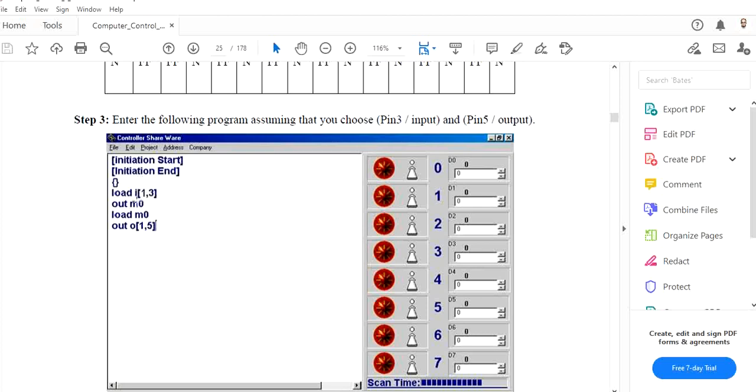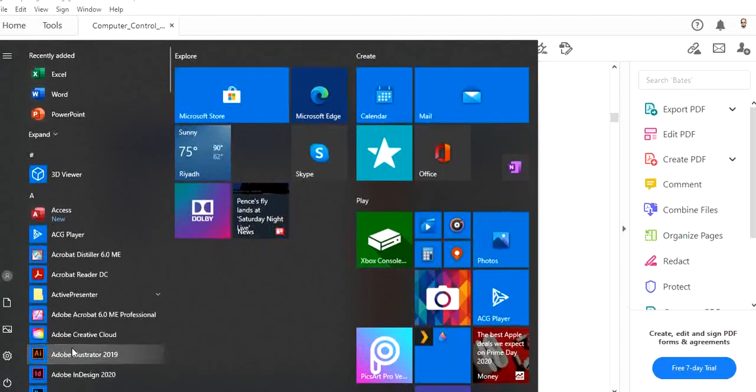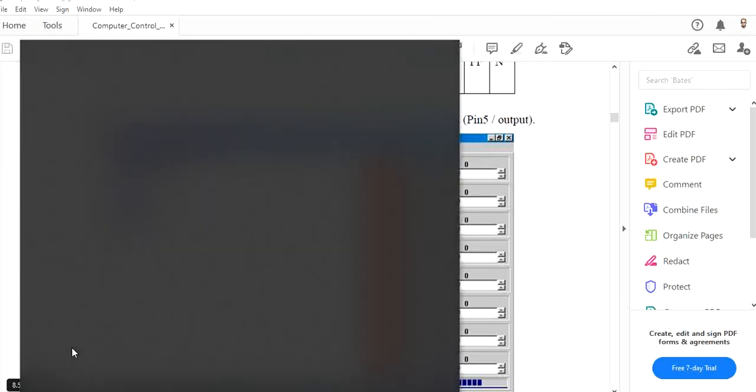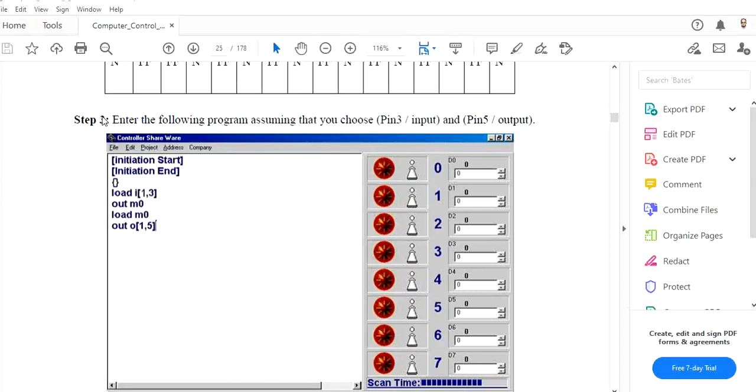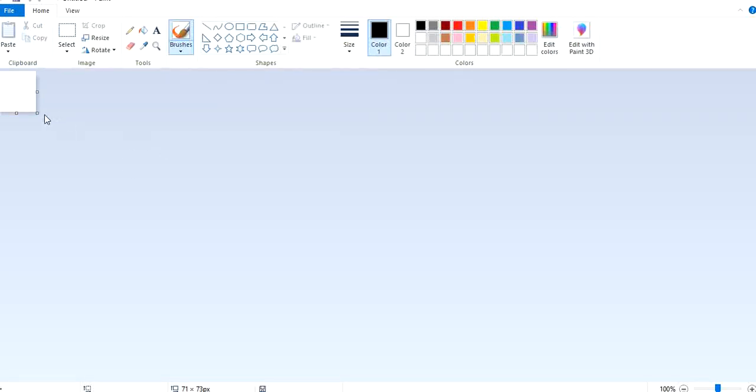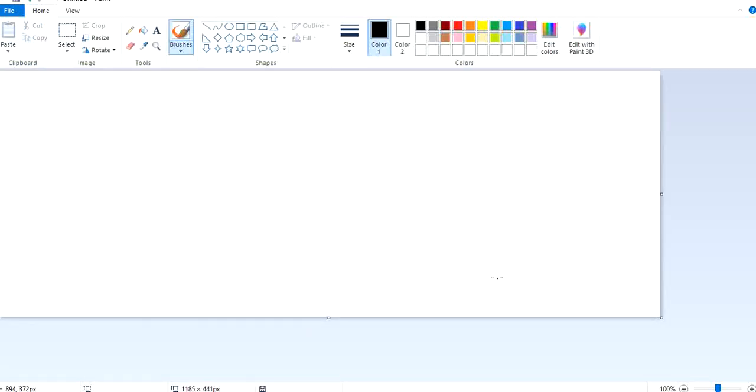Then I will write the large bracket, and then the address 1, and then the input number 3 comma 3, meaning the input number 3. Now, if you remember in your hardware, 1 is the address. First of all, 1 is the address for our card. Now in the card, if you remember, we have